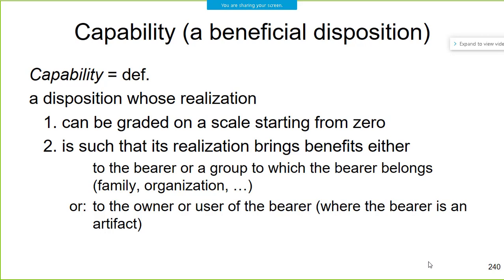A disposition on the part of a normal human being to kill other human beings without any feelings of conscience is not a capability. It would be regarded as a disease. Unless you're in the military, or in the mafia. In the mafia, that is a capability. In certain teams of the mafia. So bringing benefit is a contextual thing. And that means that a thing which is counted as a disability in one context may be counted as a